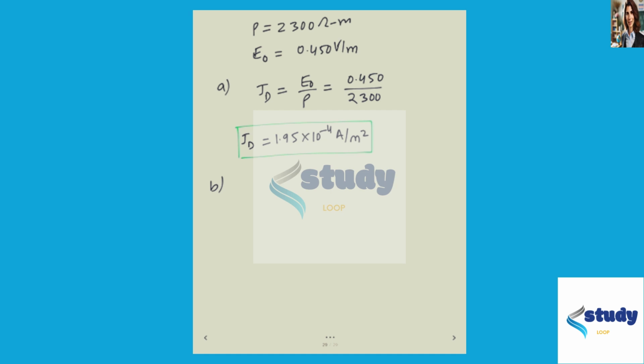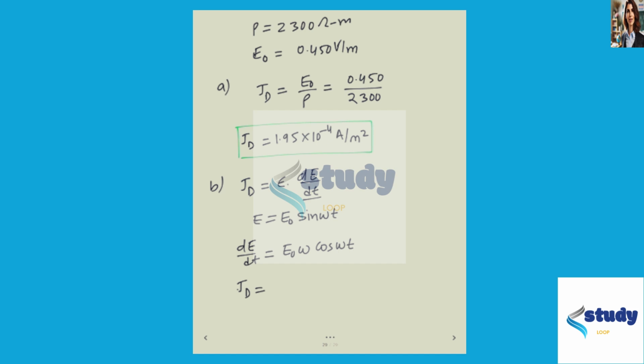Now moving to part B, in which we have to determine the current density in the maximum condition. Current density is also defined as JD equals epsilon dE by dt. The equation of electric field E is given as E equals E naught sin omega t. So from here we get dE by dt equals E naught omega cos omega t. Now JD comes out to be